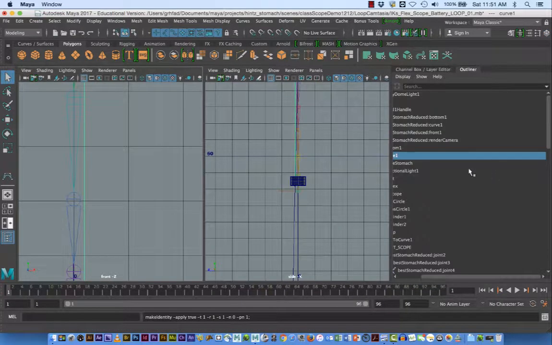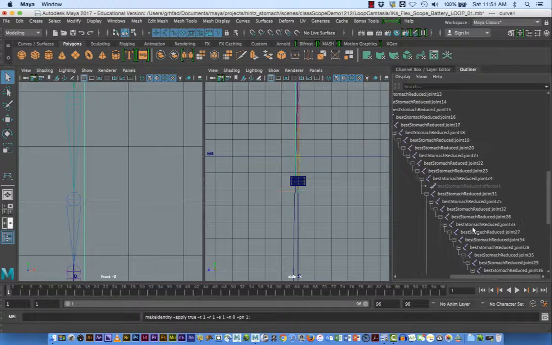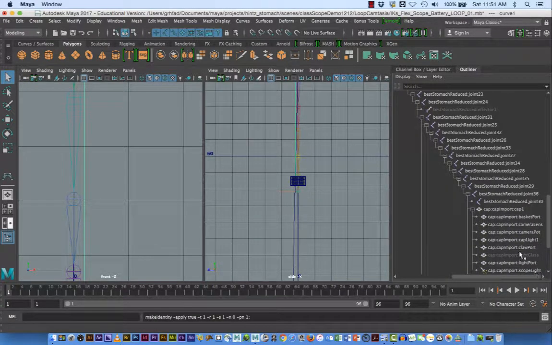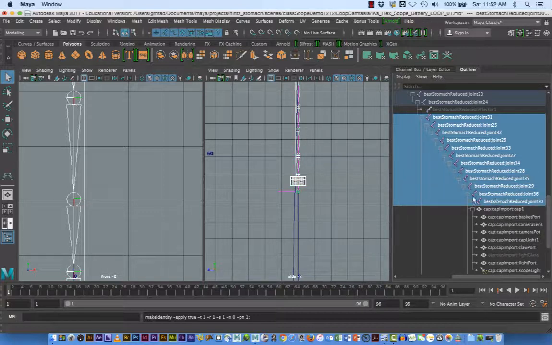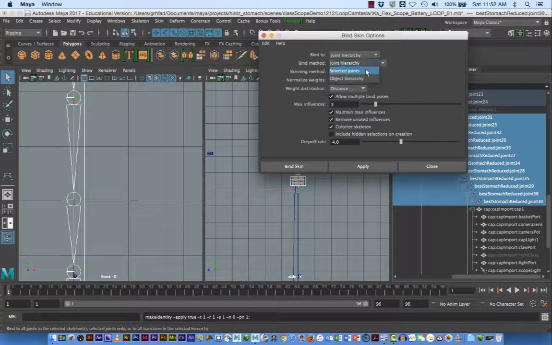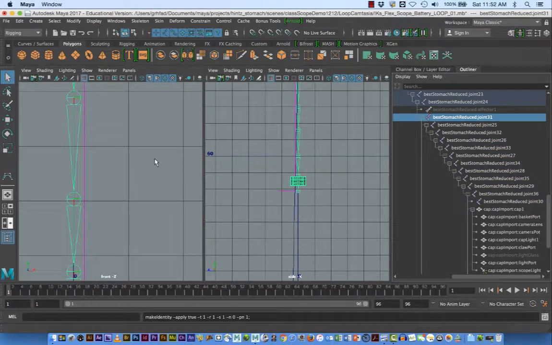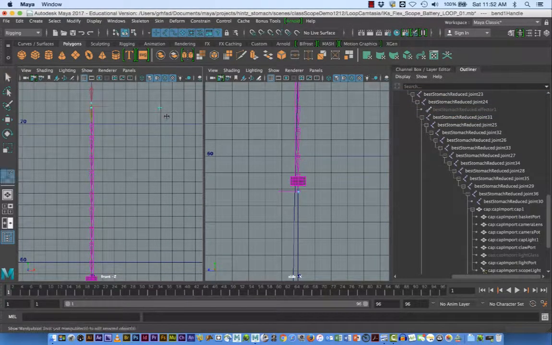Now I'll go back into the outliner and get those joints I need. And again, I can use that effector as my landmark to know I need the joints from that point down. So I want to make sure the curve is controlled only by these joints. It's probably a little overkill here, but in the bind skin options, I'm going to say use selected joints, and I'm going to say bind skin. And now what I should be able to do is click the bend deformer, hit the letter T for the transform tool, move that handle, and I should see,